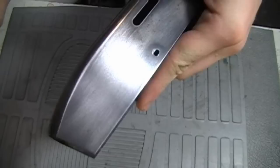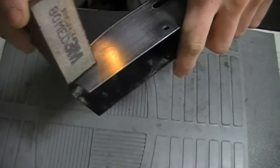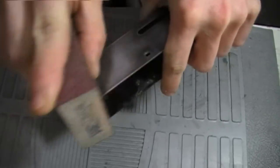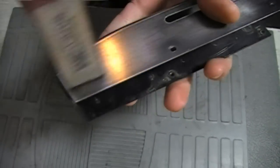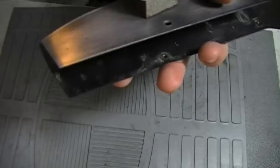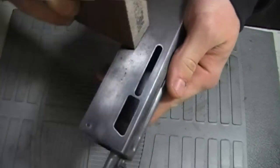Would you look at that? That's actually working quite nicely. And generally, if you're going to sand it or use steel wool, you want to go with the grain of the steel, or whichever way the steel happens to be scraping on it. And then with that,